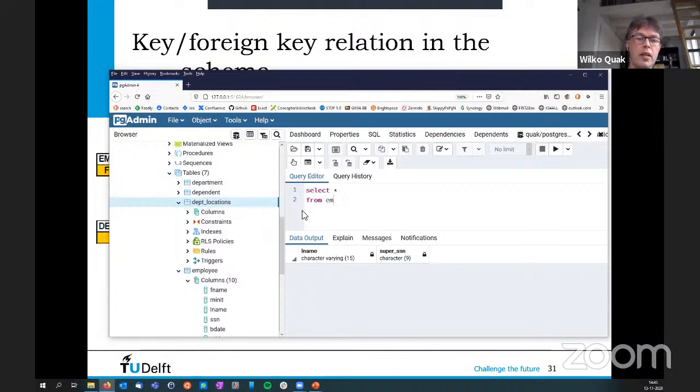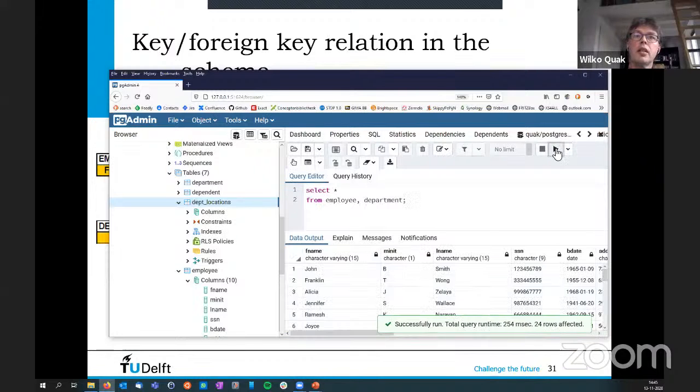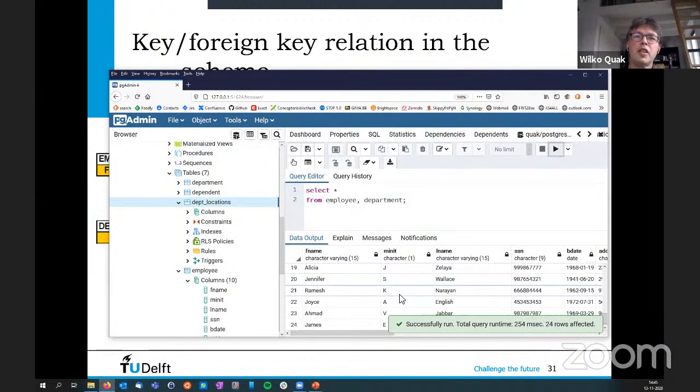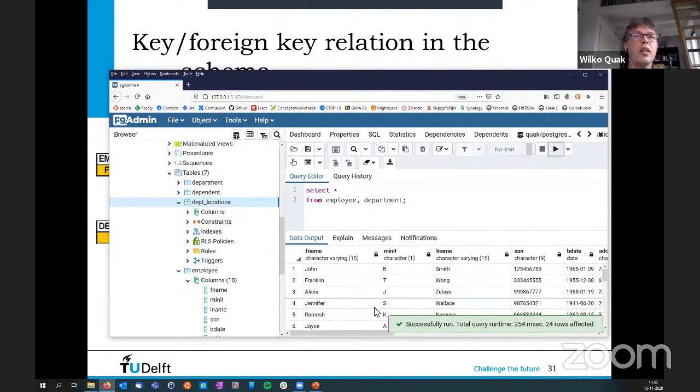Employee, department. If I play this, this should result in the combinatoric explosion. Let's see. Oh yes, lots of them. 24. That's okay. And then we add the where clause, where